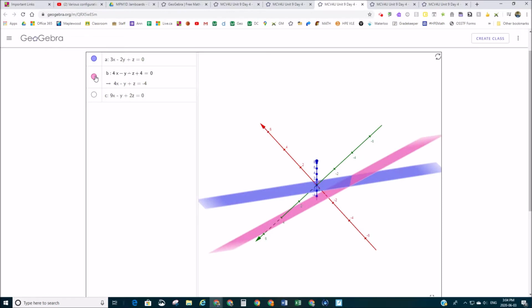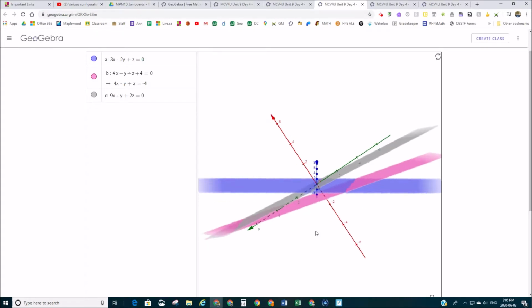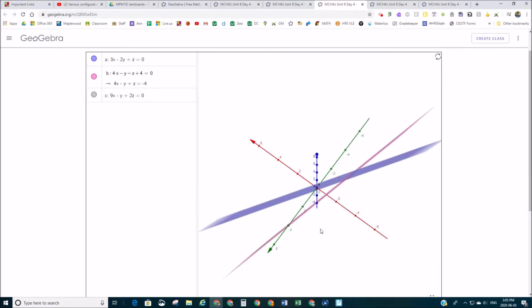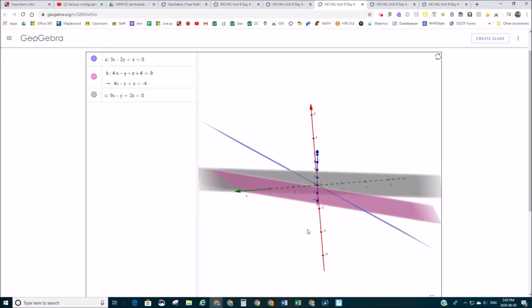There's the second one, so definitely not parallel. In fact, they intersect there. And a third one. Oh, so the third one is also not parallel, and it intersects a little bit differently. So if we look at this, we can see there's a pretty good representation there of all